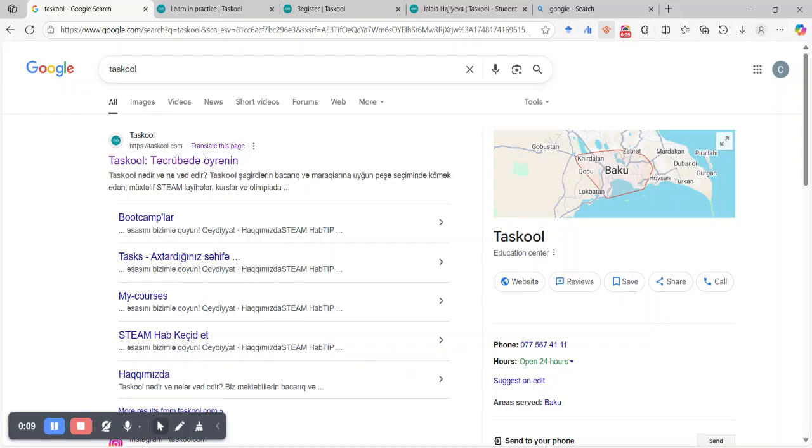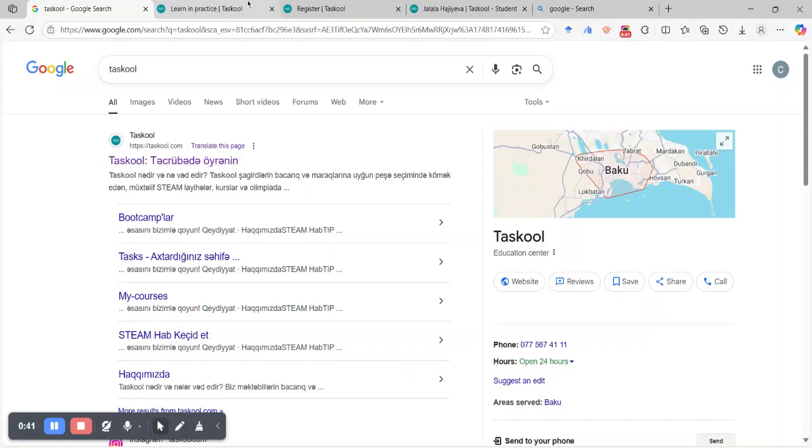So you can use your phone or laptop, whichever is convenient for you, the registration process will work. You need to type Taschool in any search engine that you are using. For example, it can be Google, Microsoft Edge, maybe Opera, Yandex, it doesn't matter. And you will see the first one, and in Google it's the first one that comes up in the feed, but you need to look at the logo, you need to see the Taschool, and you need to click the